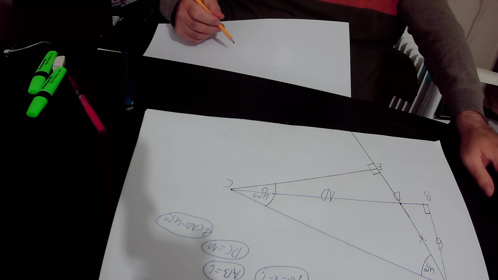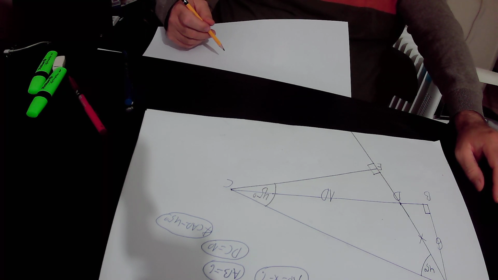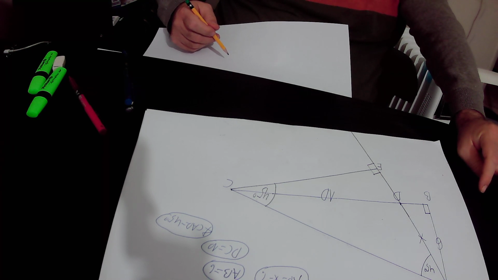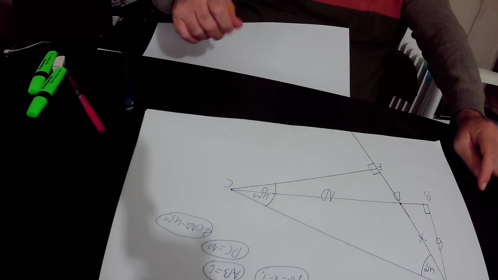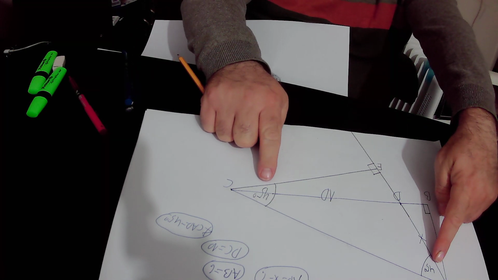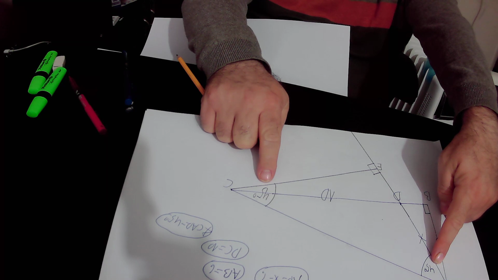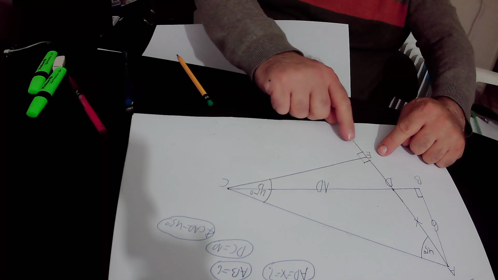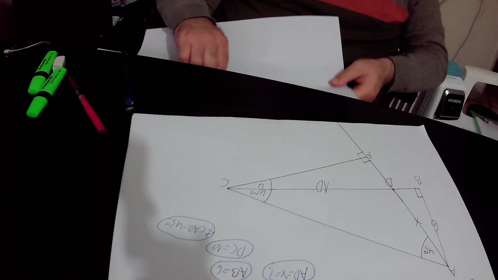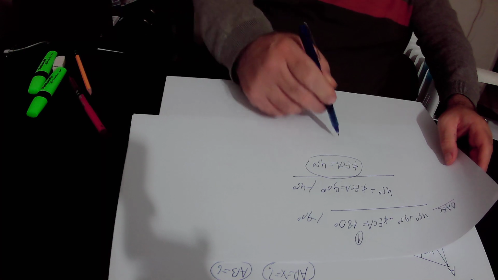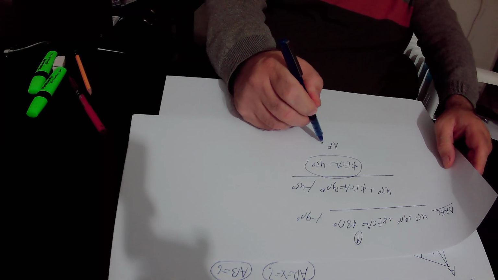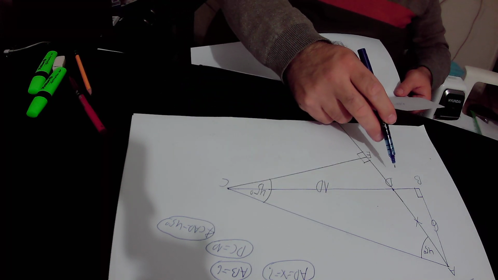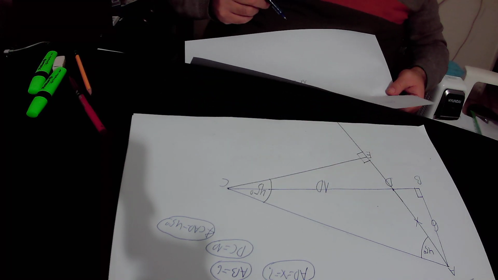And we also have the rule that opposite equal angles in a triangle, there are equal sides. So opposite those two equal angles there must be equal sides. That is to say, side AE must be equal to side EC, AE must be equal to EC, but A equals X. Okay, but